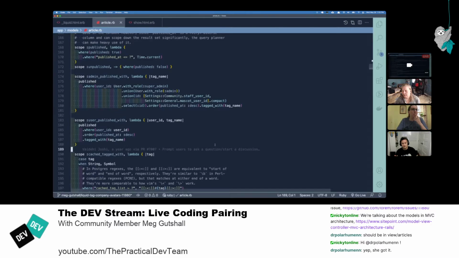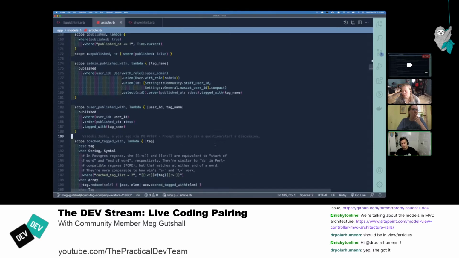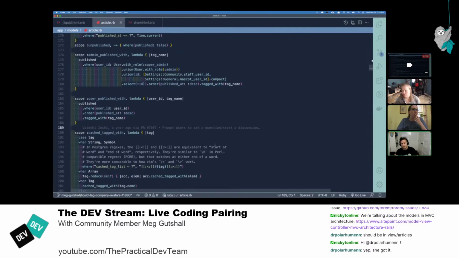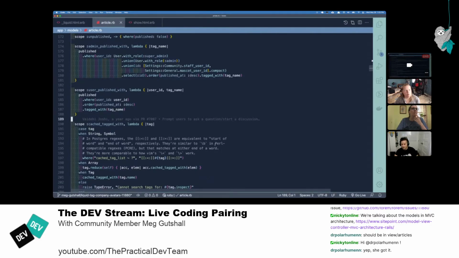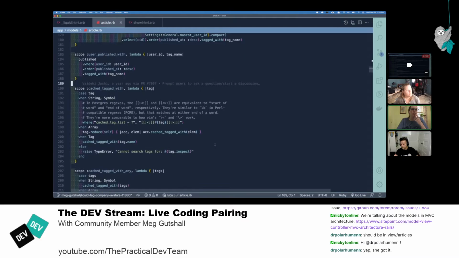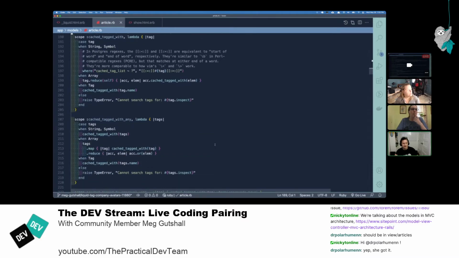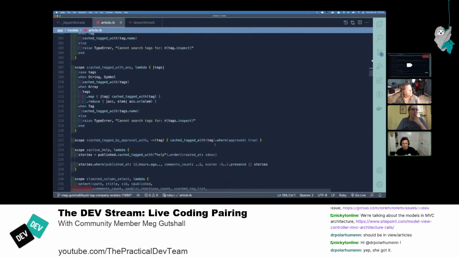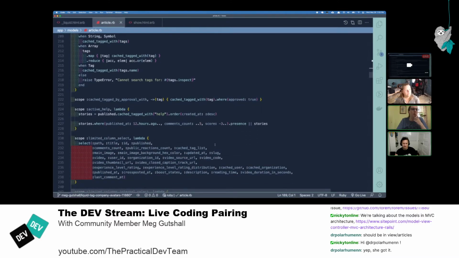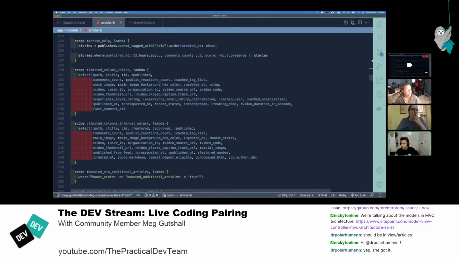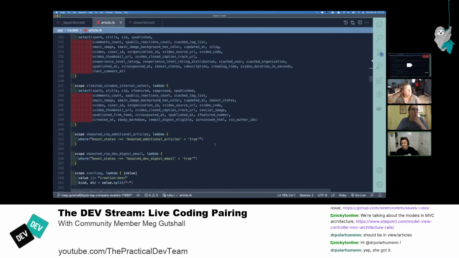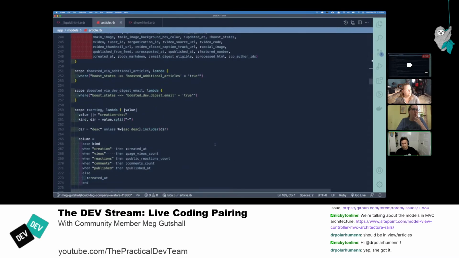I don't think it's the admin. I think you can choose a staff user ID in the admin settings. I'm not positive, so it's more internal. And I think they're refactoring out the mascot ID as well. I kind of remember seeing that in some conversations in Slack. But yeah, there's a ton of stuff in the view here, and